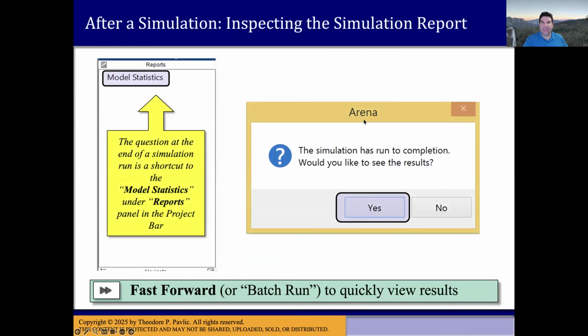Now, eventually that sim will end, it will complete. If I want to make it happen faster, I can hit this fast forward button and it'll crank the animation up as fast as possible, or I click that batch run box and it turns off the animation and it's even faster. And at that point, it will pop up this box and I can say, yes, I want to see the results. Or if I happen to click no, I click on the reports and then I can